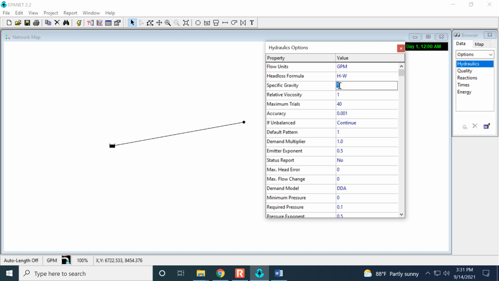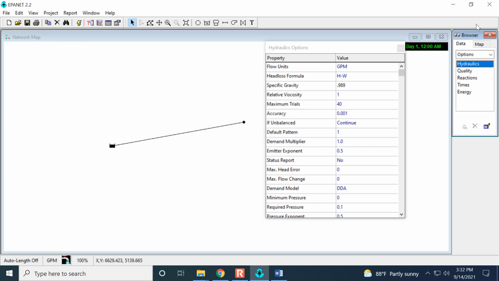So right now it says the specific gravity is 1, but if you said it's 0.989, it's going to assume that whatever fluid is flowing through the pipes is a little bit less dense than water. So this could be representative of our 120 degree Fahrenheit water. So if you click Run,